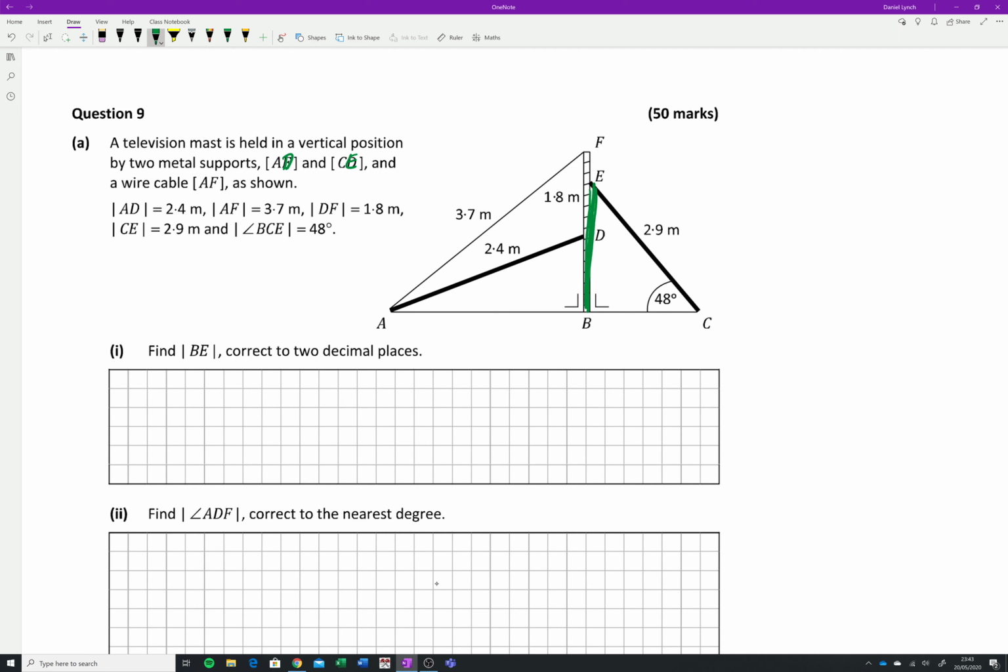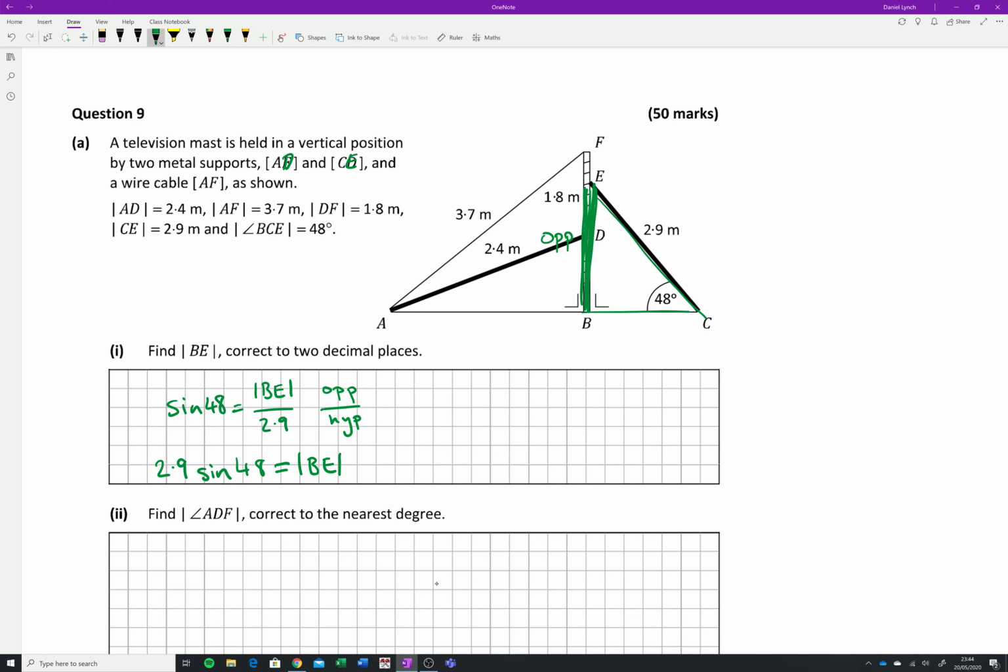So I'd be saying to myself, what type of triangle is BE in? And I would notice that it's in this, which is a right angle triangle. We want to get the opposite, and we have the hypotenuse. So opposite and hypotenuse, that's sine. It's just a right angle triangle, it's just sine cos tan. Sine equals opposite over hypotenuse. The opposite, we'll call it x, or BE we'll call it, sure, why not? So BE over the hypotenuse, which is 2.9. So we had 2.9 times the sine of the angle, and the angle that we were talking about was 48. Okay, so 2.9 sine 48 is equal to